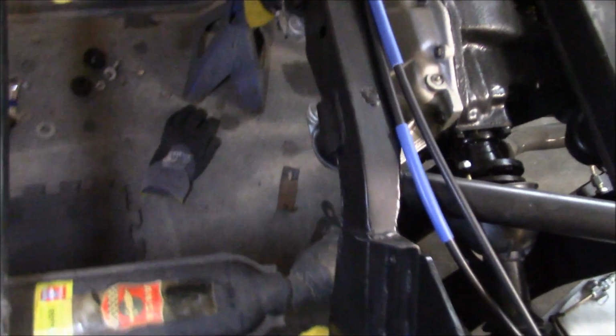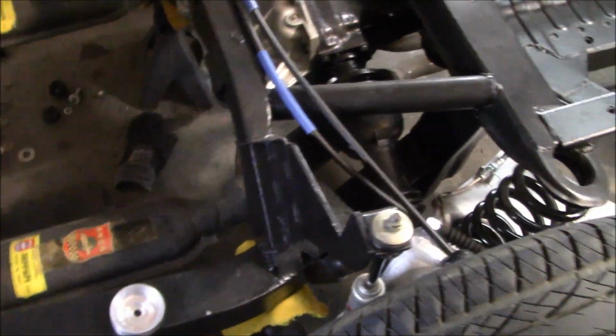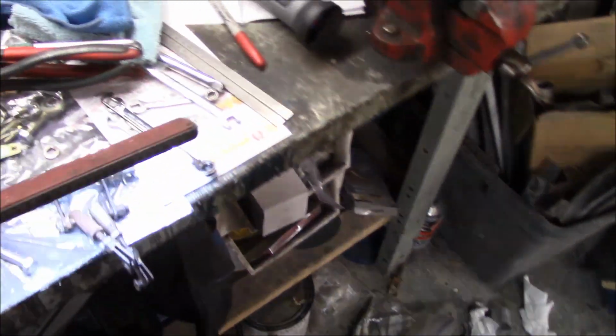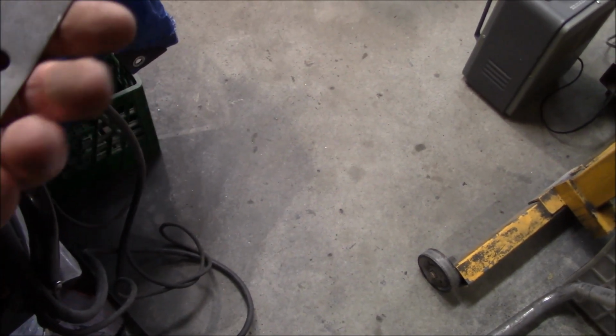I've got one done on the driver's side and rubber bushed, and we're just working on this side. Got a couple pieces of scrap down there that I'm working with, but before I bend it up, I'm going to make a bit of a template. I'm using this really thin strapping. I'm not even sure what this is for. I think it was used for garage doors actually, but it's quite bendable and malleable, so I'll be able to bend it the way I need to get that mounted back there, and then I'll put it into some more solid steel. So that's what we're up to now, just fixing that rear mount, and then we're going to call this done